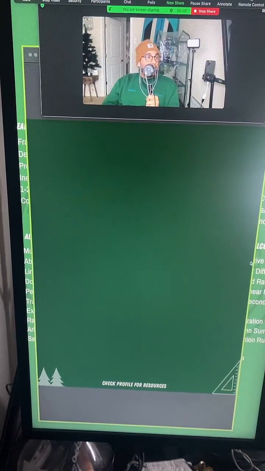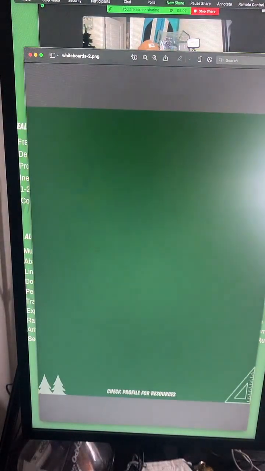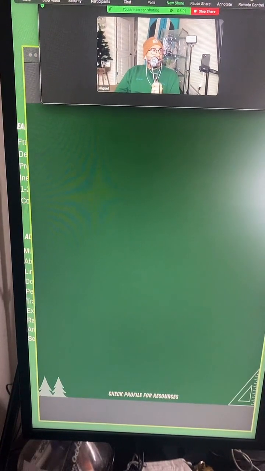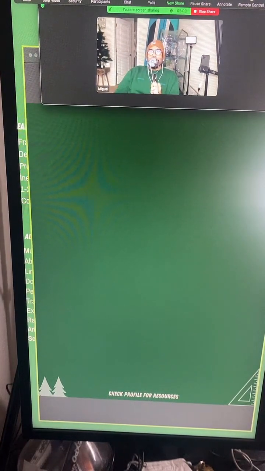I'm looking at the screen. I can probably make this a little bigger. How's everyone doing? What's everyone up to? I know it's Thursday, Friday tomorrow. Any fun plans? I'm here in Washington. The weather's really nice. Hopefully we can do some snowshoeing, maybe some skiing. But what's everyone up to? Let me know in the chat what you guys are going to be doing.